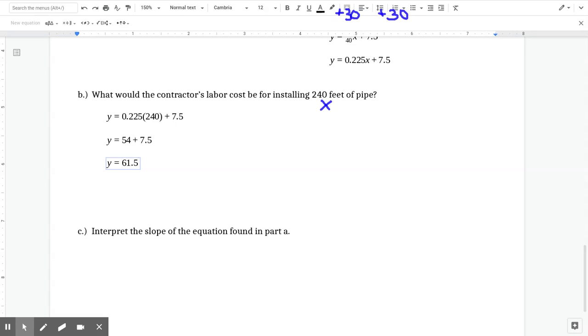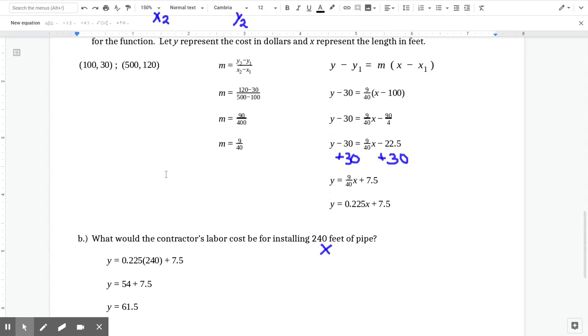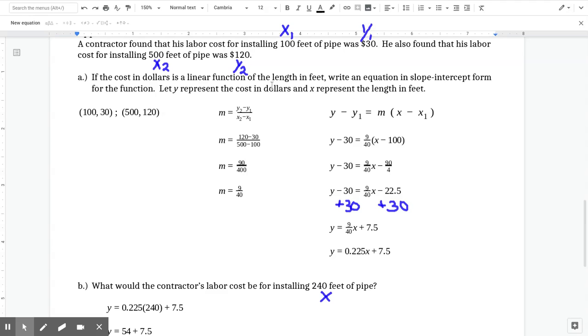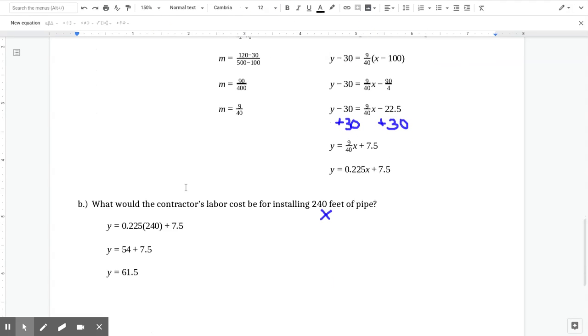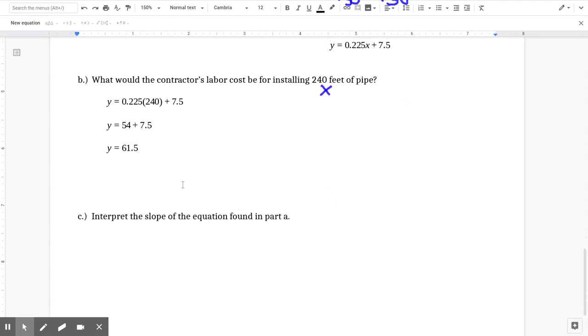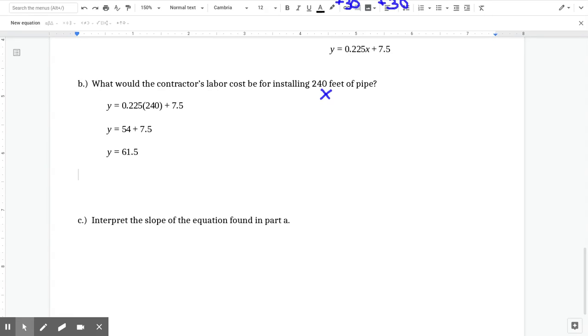It's a number, it's the right number, but when we talk about applications, these story problems, we need to interpret our solutions, our values that we get, in the context of the problem. So we have y equals 61.5. We said earlier that y represents the labor cost in dollars. So 61.5 is a monetary amount, and we're going to write that in a sentence as